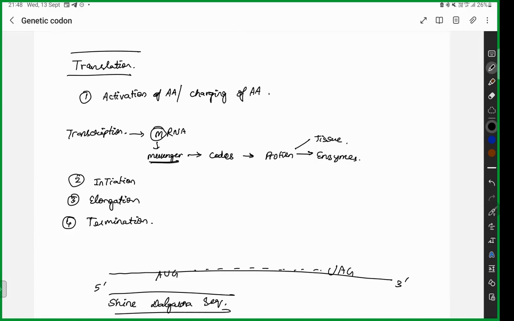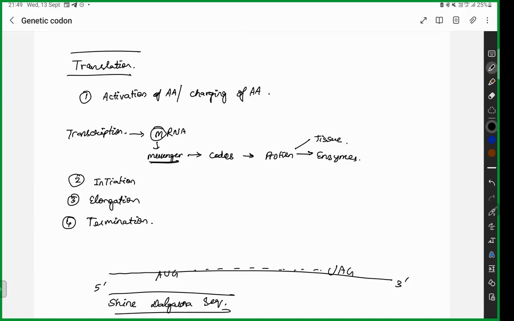For initiation, we are going to have initiation factors. For elongation, we are going to have elongation factors. Prokaryotes and eukaryotes are going to be different. In prokaryotes, the initiation factor is just named IF, and the elongation factor is termed EF. Whereas in eukaryotes, you add a small e to it. So initiation factor is eIF, and elongation factor is eEF. The small e refers to eukaryotes. These are the two things I want you all to remember.